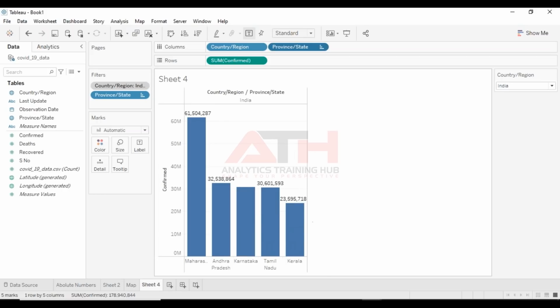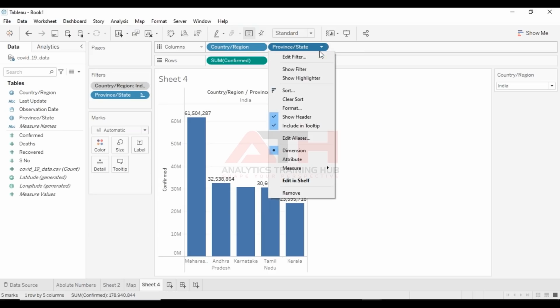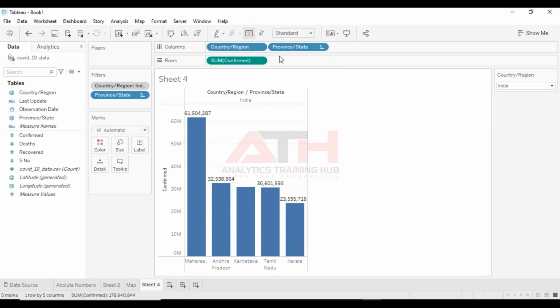We have made it descending for now. So we have this option of sorting from here, or else we can sort it from here. We can do it both ways. It's quite easy as far as sorting is concerned. I hope your question is clear, Manzoor.